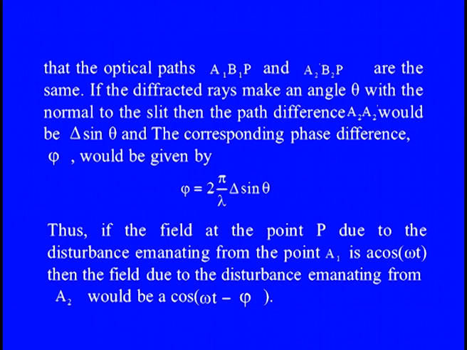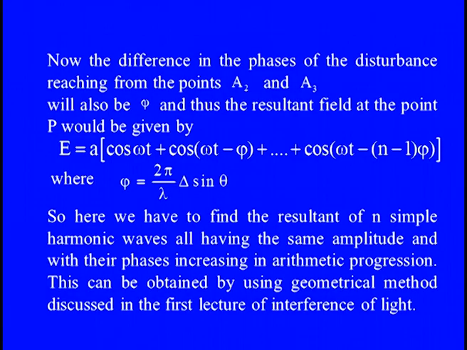Thus, if the field at the point P due to the disturbance emanating from the point A1 is A cos omega t, then the field due to the disturbance emanating from A2 would be A cos (omega t minus phi). Now, the difference in the phases of the disturbances reaching from the points A2 and A3 will also be phi, and thus the resultant field at the point P would be given by